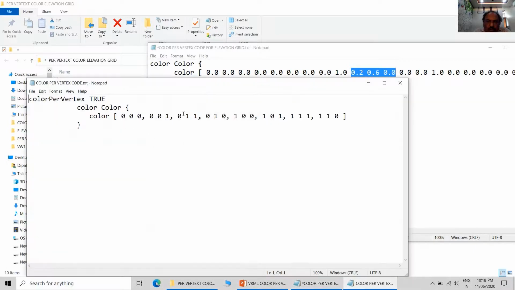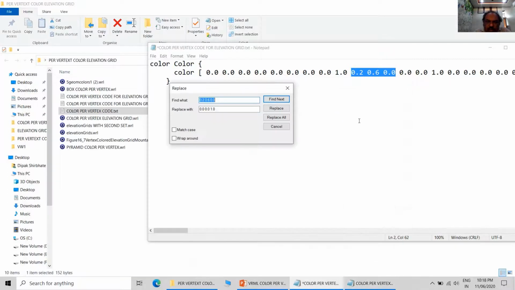Just copy and then replace that with 011.